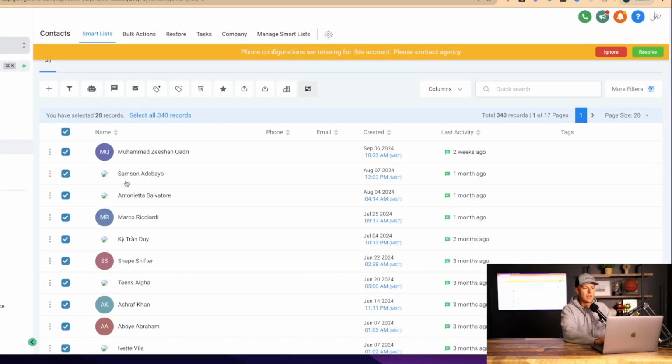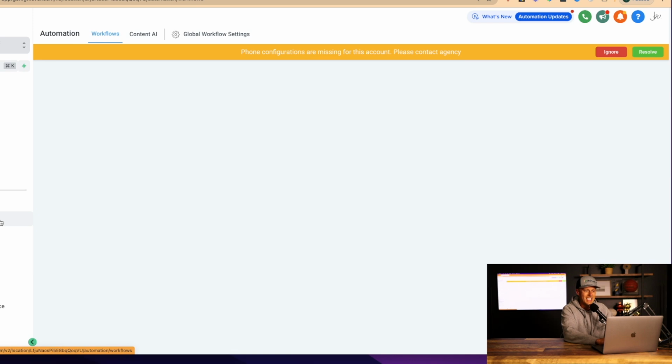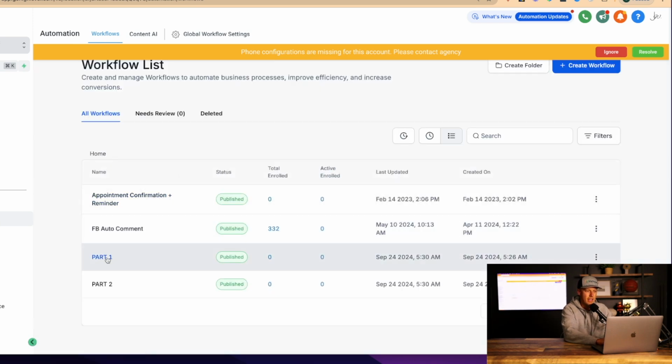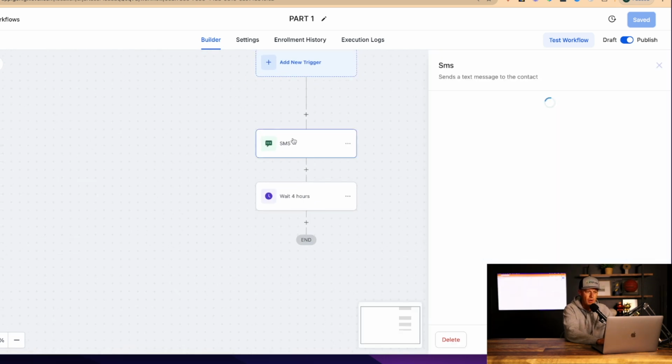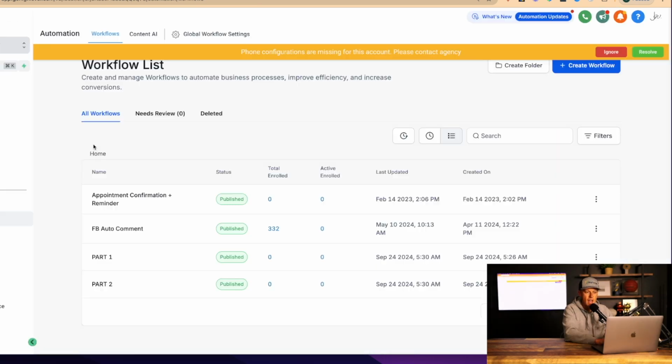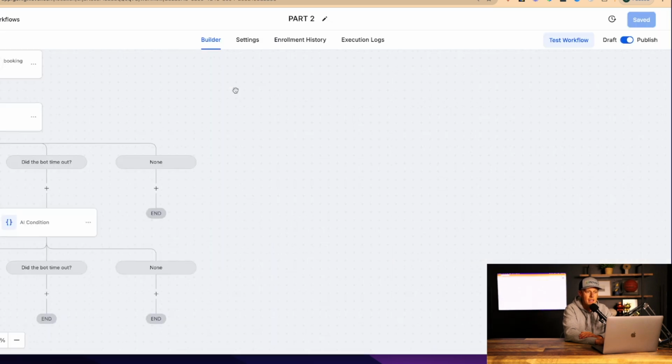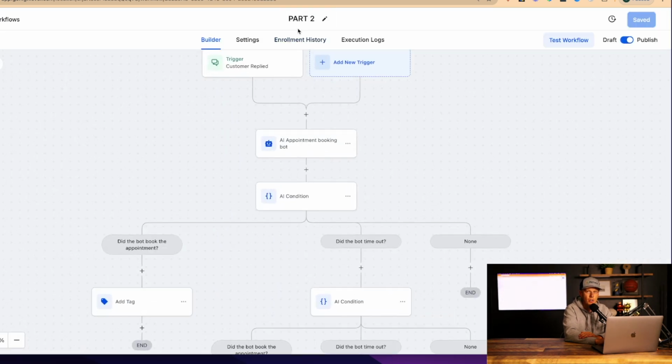So it would add them all in, and they would get that first text right away that is saying, hey, do you want a free teeth whitening? The one that we set up just right here. And then if they respond to that, it's going to automatically send them in to this part 2. And remember, it's going to stop on response. So on part 1, it's not going to continue to send the multiple text messages out,